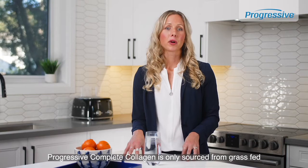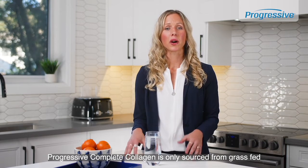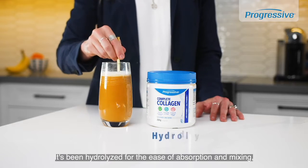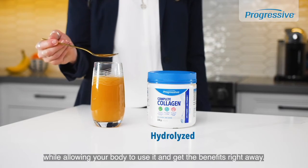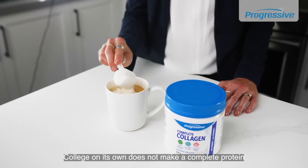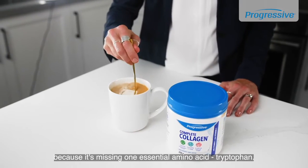For example, Progressive Complete Collagen is only sourced from grass-fed cattle, pasture-raised without antibiotics or added hormones. It's been hydrolyzed for the ease of absorption and mixing while allowing your body to use it and get the benefits right away. Collagen on its own does not make a complete protein because it's missing one essential amino acid,